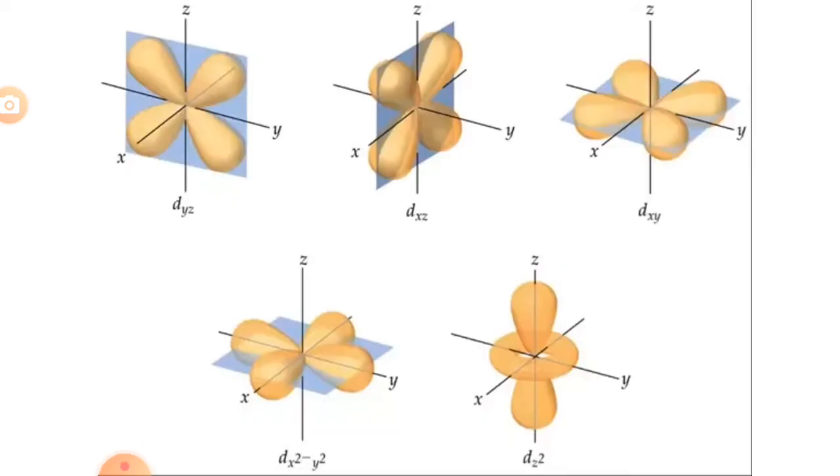So here we can see in this diagram, dyz, dxz and dxy orbitals are placed in a T2g set and another set, that is the Eg set. So the Eg set contains dx square minus y square and dz square, these 2 orbitals. So there are 2 sets. First one is T2g and next one is Eg. In T2g there are dyz, dxz and dxy orbitals, and in the Eg set dx square minus y square and dz square orbitals are present.